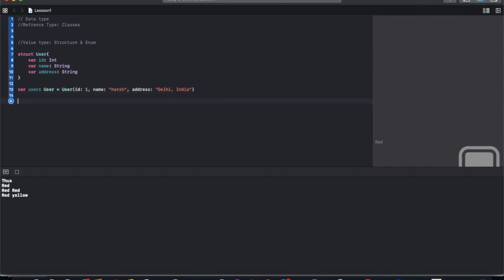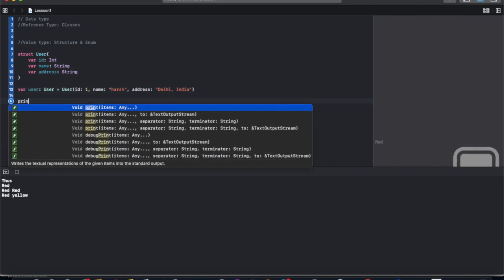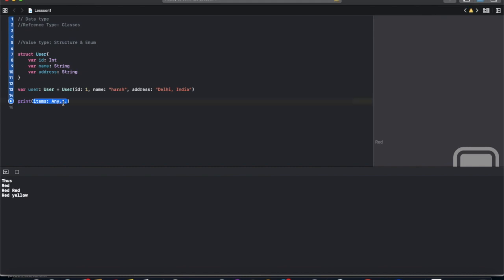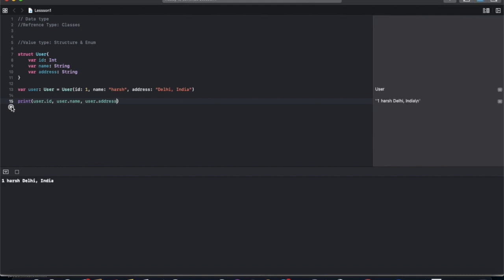Now if we want to print these values, we can just use user colon id, user colon name, user colon address. So you can see 1, Harsh, Delhi, India.